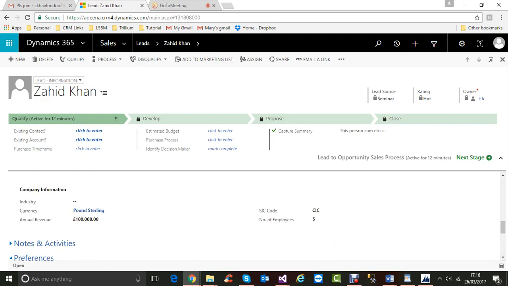So we are talking about lead. Now after some time, you have found that the lead, you need to make it qualify. These are the stages. The first stage is qualify, then develop, then propose, then close. The first stage is qualify, which means after